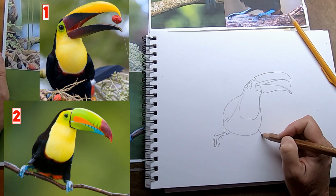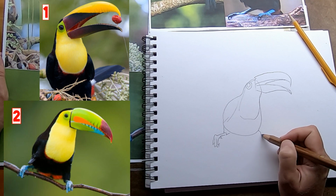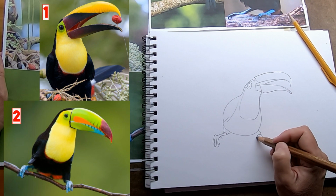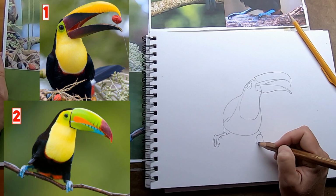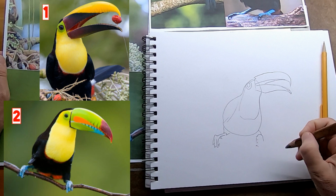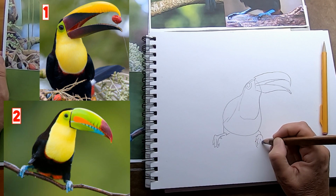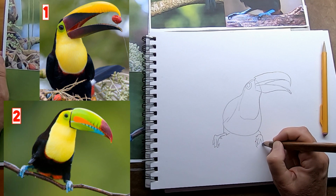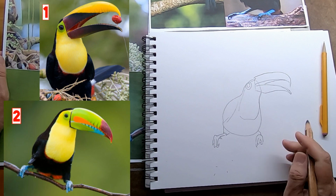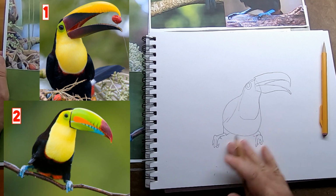Maybe it's, I don't know, the thigh part of the leg. I'm not sure what it's called. But put one in on the other side as well now. And on this other side, you don't see very much of the actual leg part. You just see, looking straight on at the claw where it's wrapped around the twig. And again, you want to put about 3 fingers or toes, whichever it is. I guess it kind of functions in the role of both hands and feet for a bird, but anyhow, whatever